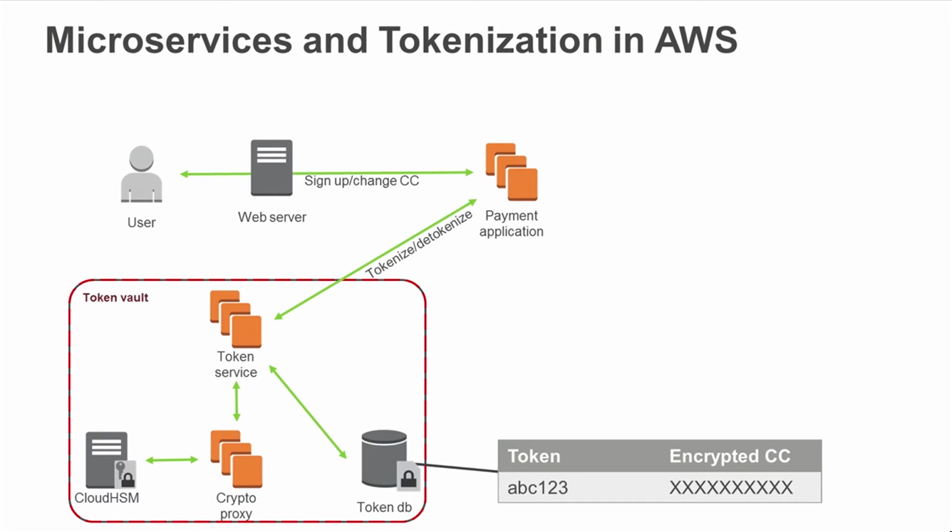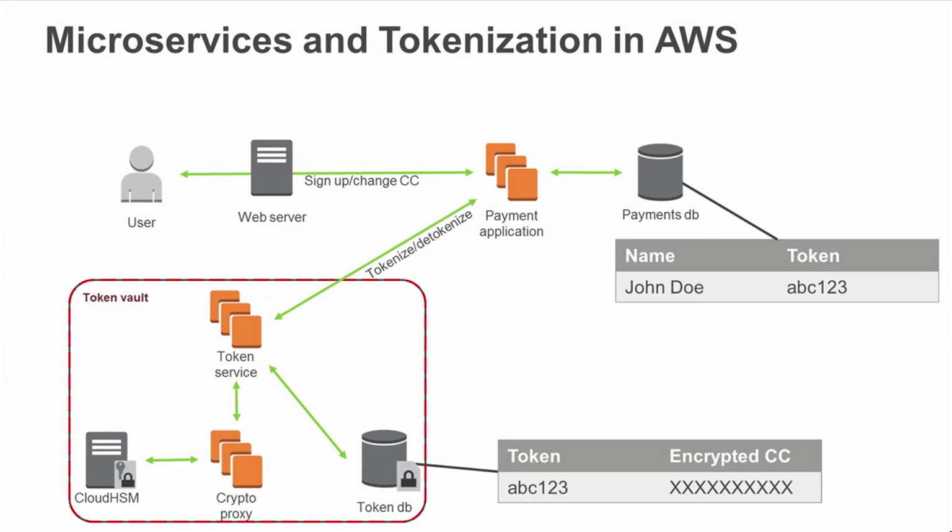So now you don't have that personal information there. You don't have John Doe's name there, so you've decoupled that. And then the payment app does its thing, and in the payments database, you store the mapping of the user to the token. So what you do here is you reduce the attack surface and you make it much more traceable in terms of what's going on. It's not that you don't have sensitive information here, you still do,